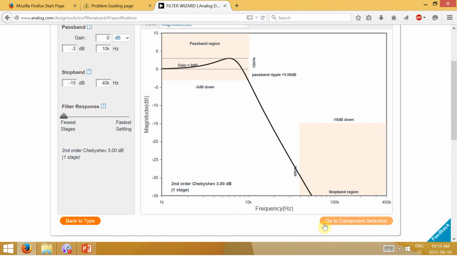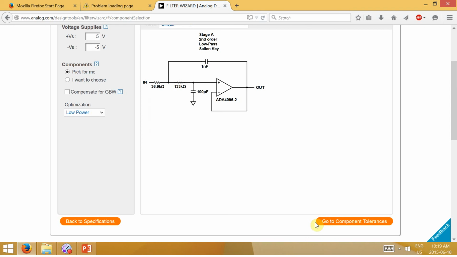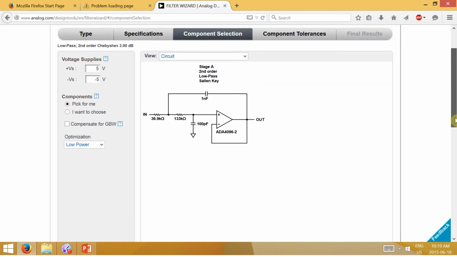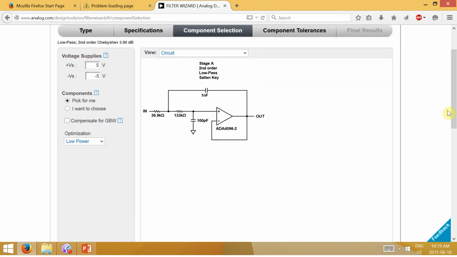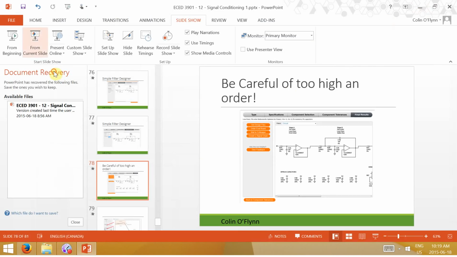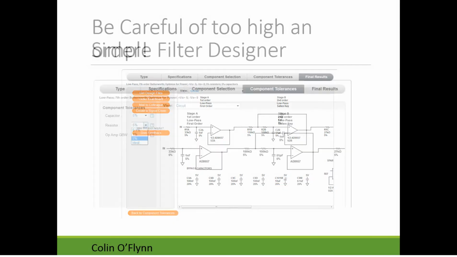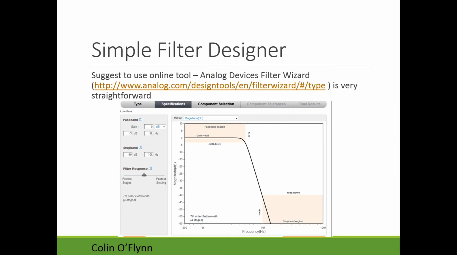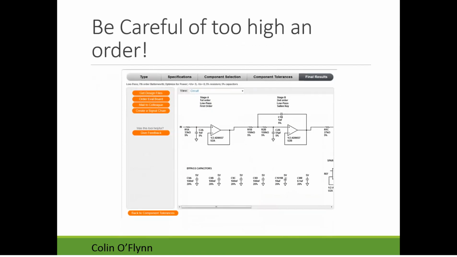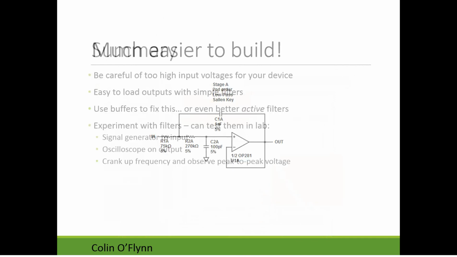If I go to 1 stage, that's going to mean there's just 1 op amp with the resistors and capacitors around it. So it's much easier to build that than if you had 4 op amps and you have to use a whole chip for 1 filter. So that's the only thing to be concerned about. And really the way to do that is to figure out what is the frequency, how much do I need to attenuate? What's the minimum amount I need to attenuate this other signal I'm worried about or I want to eliminate, to know what the stop band attenuation can be, which then defines how many stages you have. You want to get away with as few as possible to give yourself the most op amps to use.